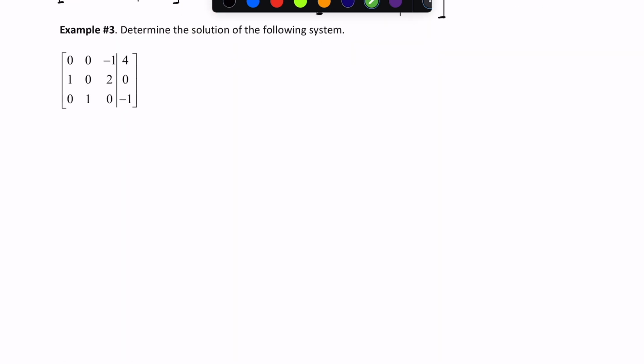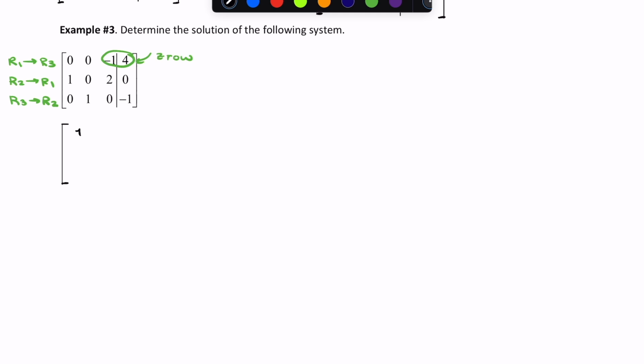Okay, so example number 3 says, determine the solution of the following system. Here we have our matrices: 0, 1, 0, 0, 0, 1, -1, 2, and 0, and 4, 0, -1. What we notice here is that at the top, this is actually our z row. So we want to take our row 1 and move it to row 3. Our row 2 will become our row 1, and our row 3 will become our row 2. So if we rewrite this,